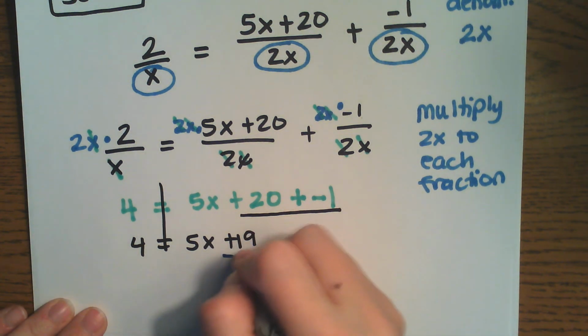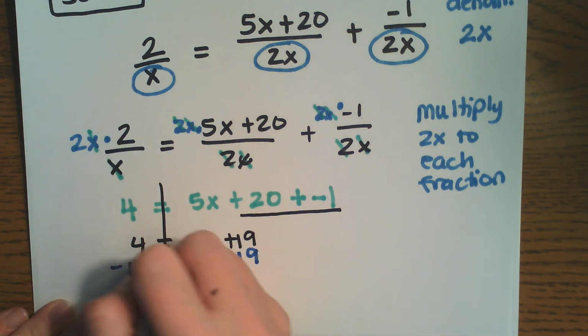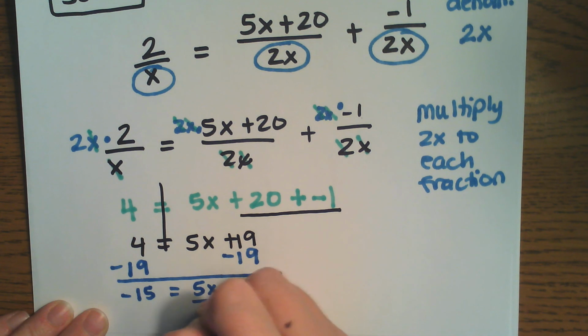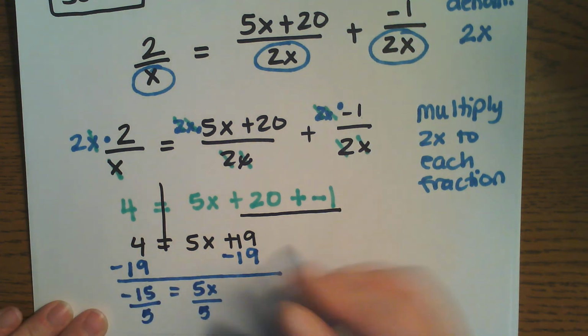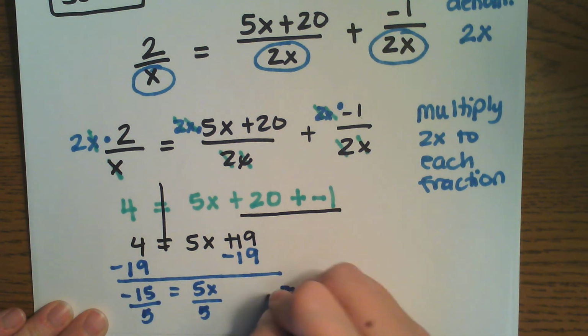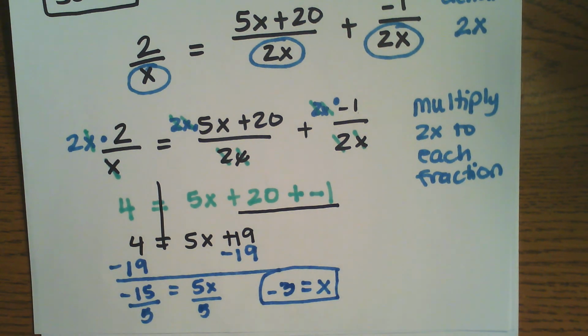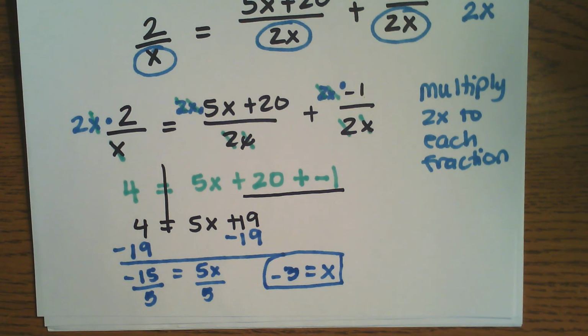I'll then subtract 19 from both sides. Negative 15 equals 5x. And divide by 5. X equals negative 3. These are all of the things that we have seen